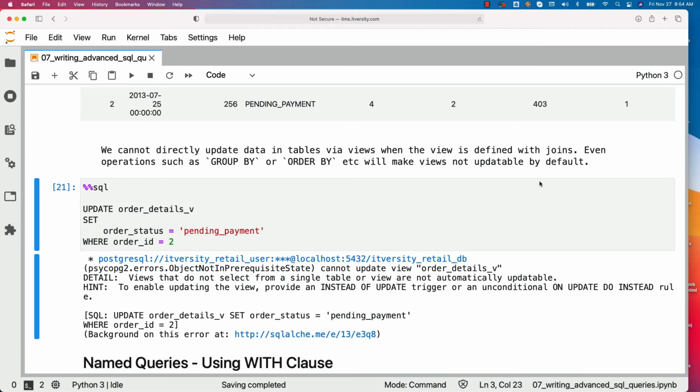Don't worry too much about the rule or the instead of update trigger. We don't need to worry too much about those because typically we don't use views for updating the data as part of our data engineering applications or BI applications or even mobile or web applications. We typically use views to streamline our logic for large queries. So if you have multiple large queries and if all the large queries have some common logic, you can consider creating a view for that common logic and use that view in the large queries.